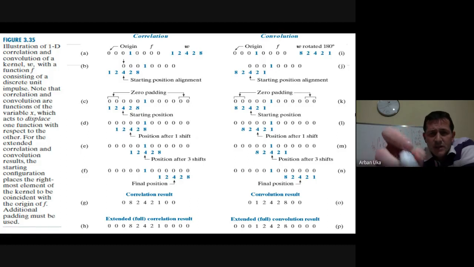Since we also want to modify the very first value in the function f, we have to put the center of the kernel on top of the first value we want to change. But since the kernel has a size of 5, and we put its center on that first value, we have to add zero padding, which is equivalent to adding 2 columns of zeros. And now we multiply the filter with this kernel.